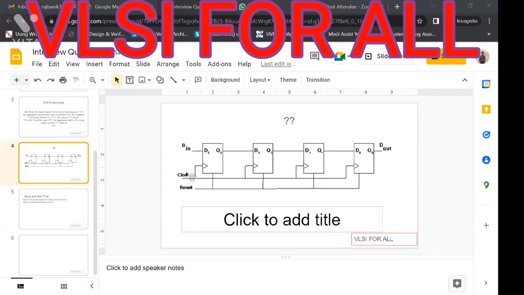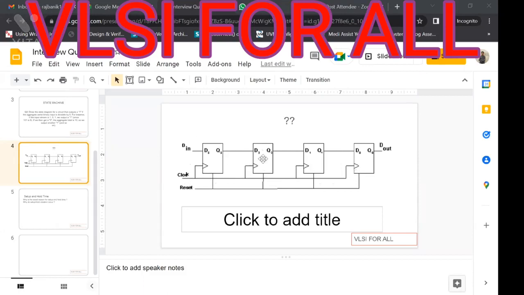So ideally, you need 4 clock pulses for this D in to get captured into the D out. Correct. This is how a shift register works, right? Yes. So now the problem in this circuit is, instead of giving you 4 clock pulses, what you observe is that,